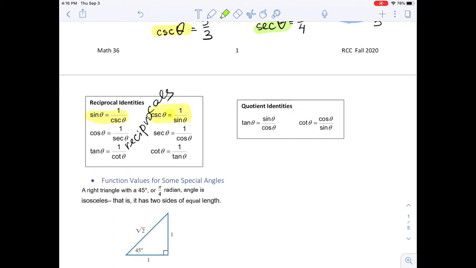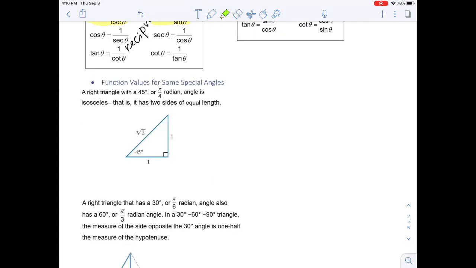Quotient identities. You can see that tangent theta and cotangent theta are reciprocals of each other. Now, let's consider this right triangle with an acute angle 45 degrees or pi over 4 radians. This triangle is isosceles, so 2 sides of equal length. And let's find